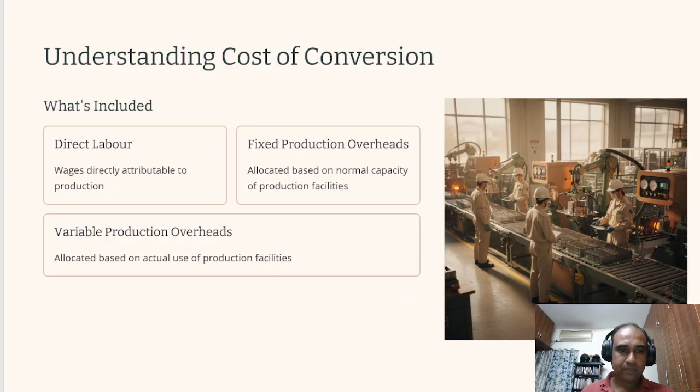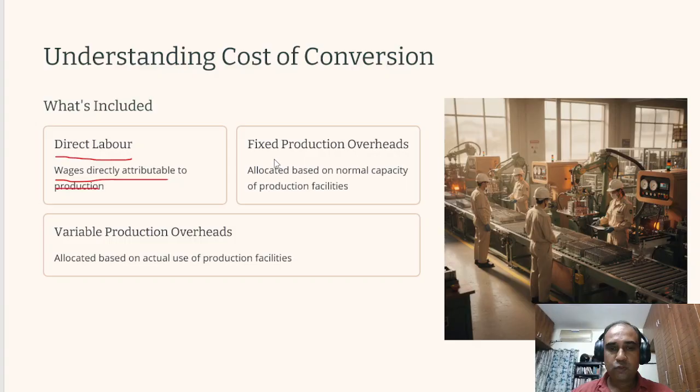Now let us understand what is cost of conversion, guys. Direct labor. When we talk about cost of conversion, this is the cost of converting the raw material to finished goods. The conversion cost that is incurred in the factory to convert the raw material into finished goods is called a conversion cost. So obviously the wages which are directly attributable to production, we have to include in the conversion cost. The wages that we pay to the laborers or the workers will form part of the cost